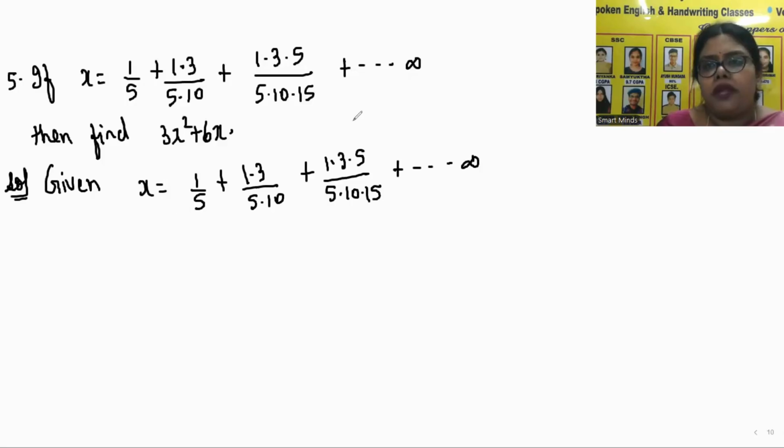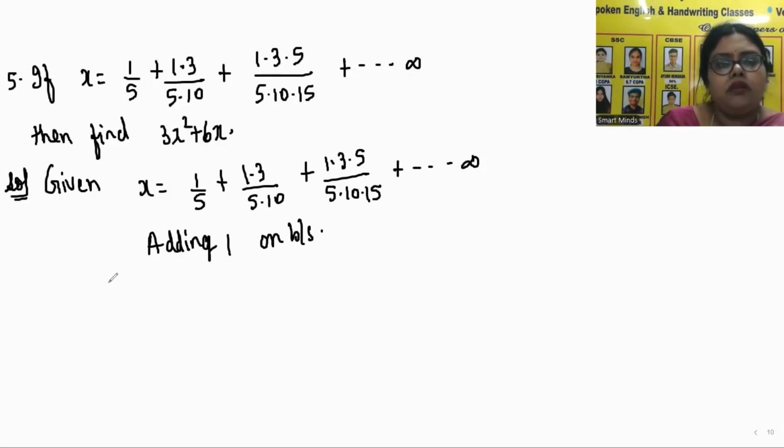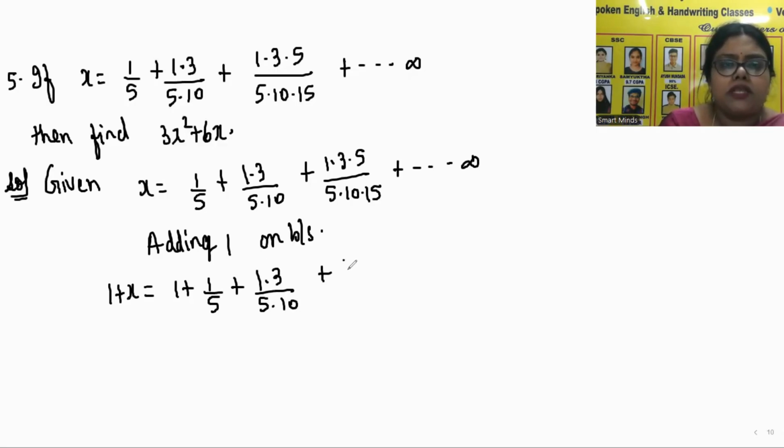So if you compare this with the standard form, you can see that 1 is missing in the RHS. So what do we do here? We add 1 on both sides. So you get 1 plus x equals to 1 plus 1 by 5 plus (1 into 3) by (5 into 10) plus (1 into 3 into 5) by (5 into 10 into 15) plus so on up to infinity. So now we need to compare with